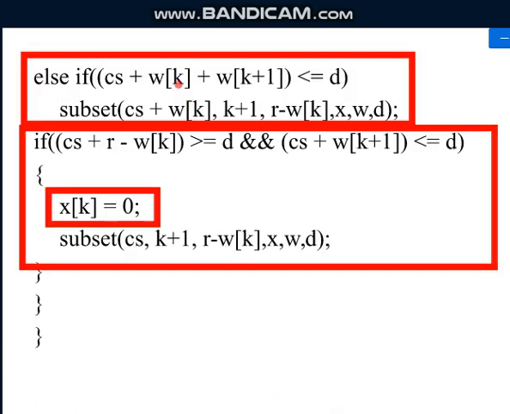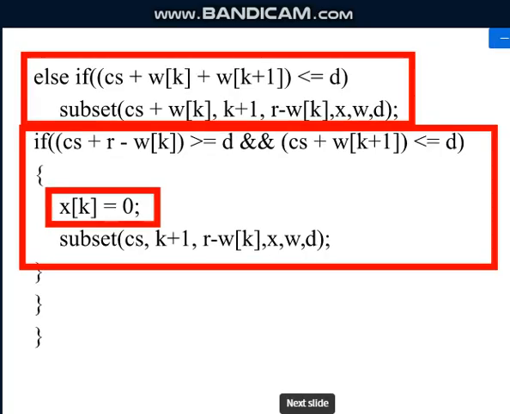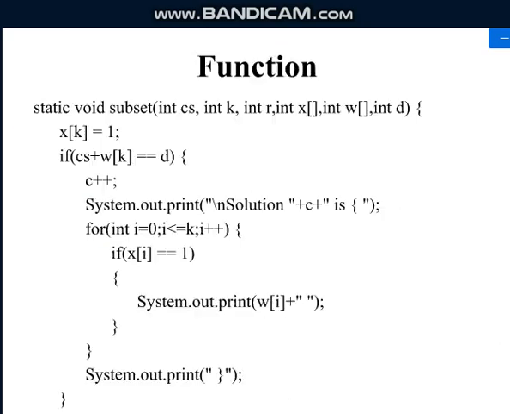So current one is 15. So what would be the next one? 18. So will you get the solution if you add 18 also to the set? No. So what you will do, again you will exclude 15. So you will proceed with 18. So what are the values you have now? 10 plus 5, 15. 15 plus 18, oh, that will not give you the solution. So again you will come back and you will exclude 10 now. Okay. So you will exclude 10 and then proceed with 12 and then 13. So this is how it works.